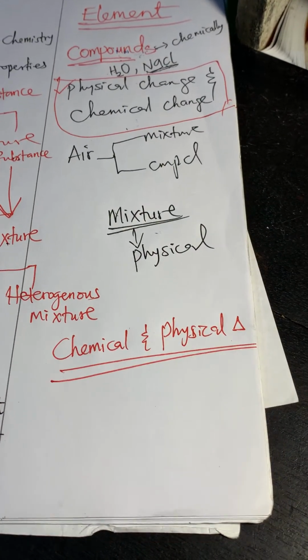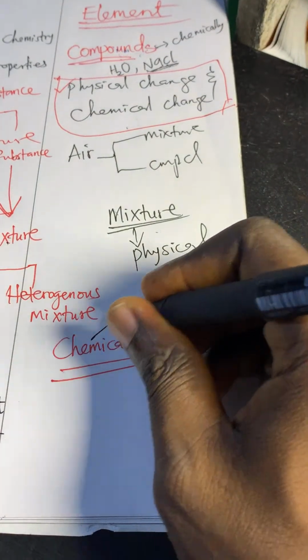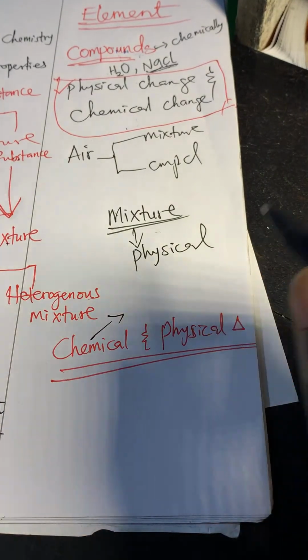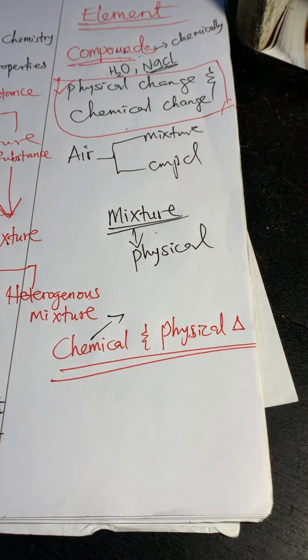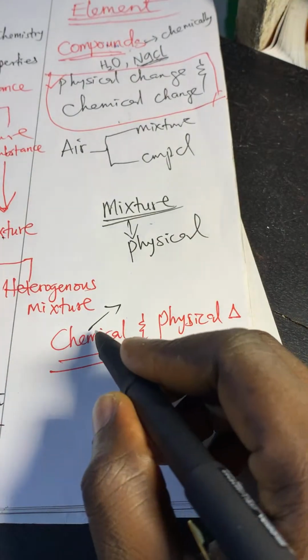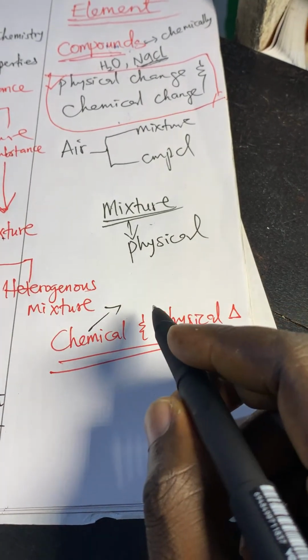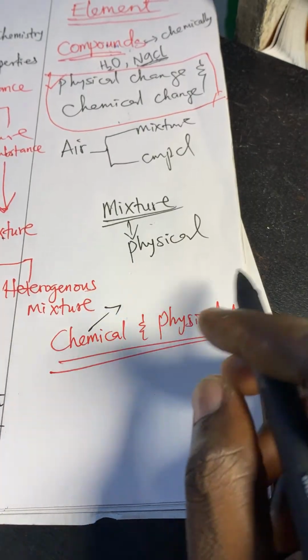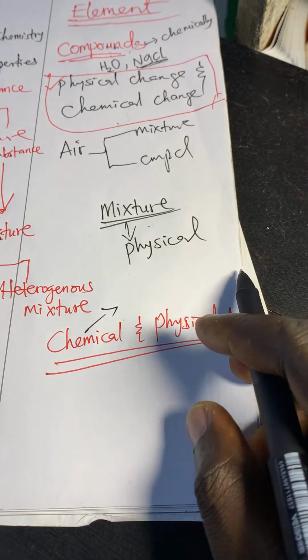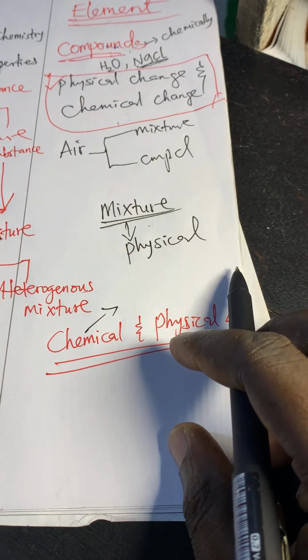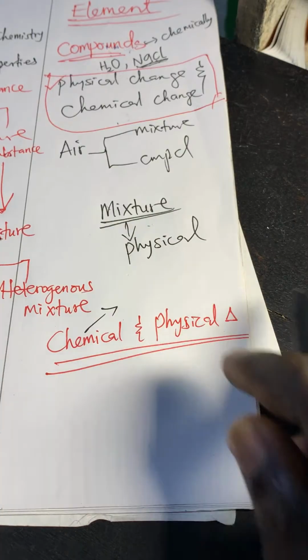Chemical change is any change that results in the formation of what? New chemical substances. Any change that results in the formation of new chemical substances. When you burn firewood and it turns to ash, you cannot reverse it. Or simply put, it is not easily reversible, because in science, almost everything seems to be possible.